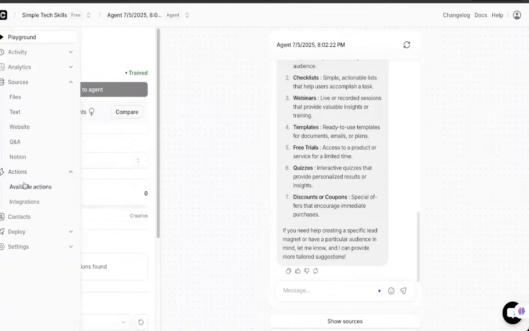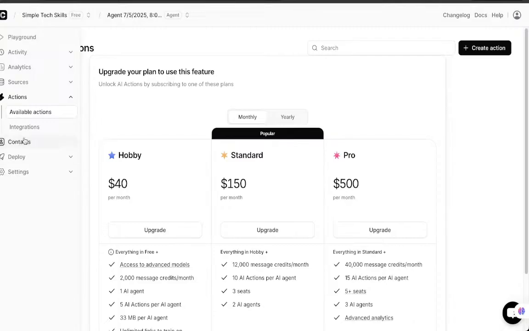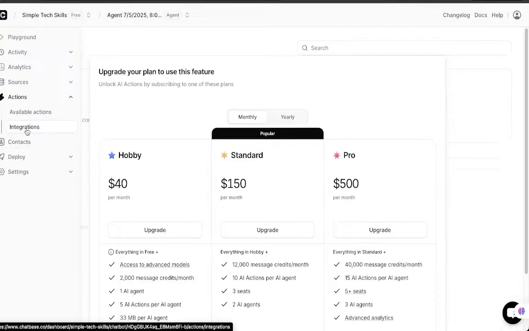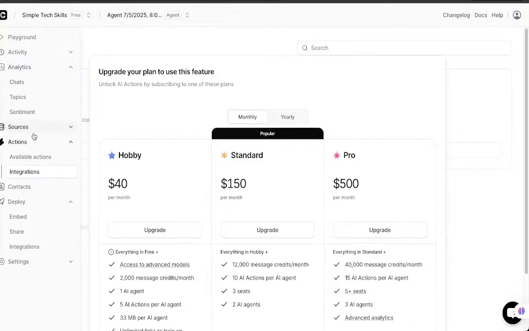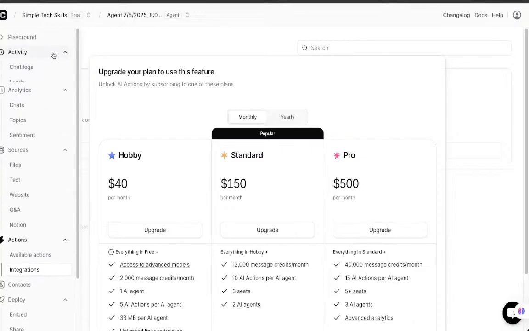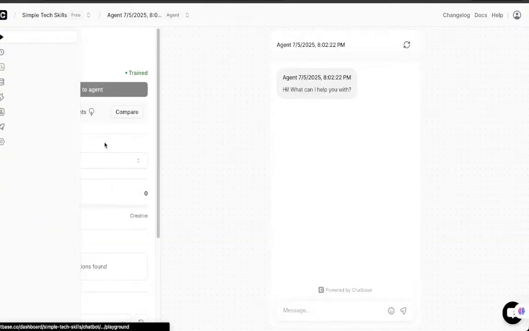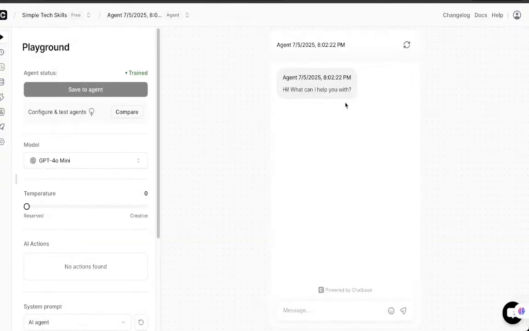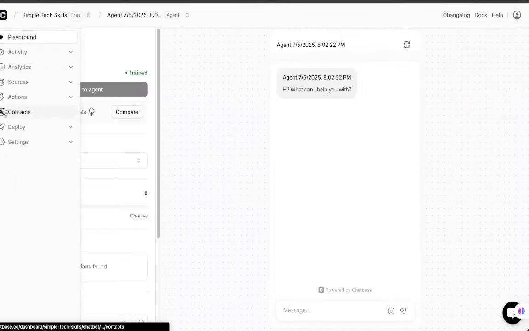And it could connect with Zapier. It could also, I believe, book events on a calendar too. Like it will actually read a calendar and tell you, yeah, next Thursday's busy, or next Thursday's available, and to connect. Unfortunately I can't get to it because it's going to be under integrations, but